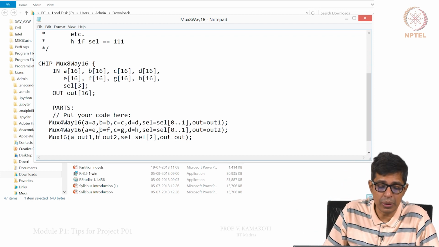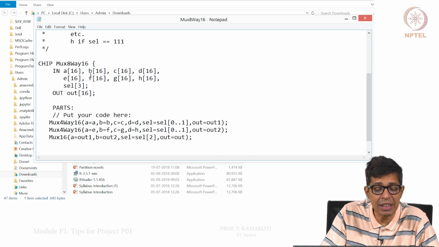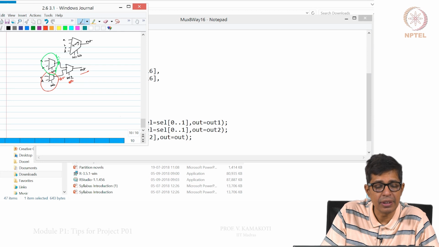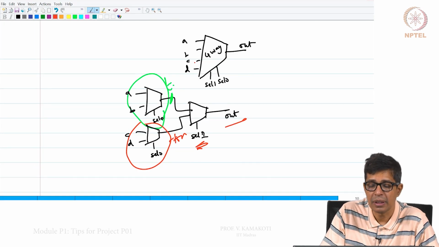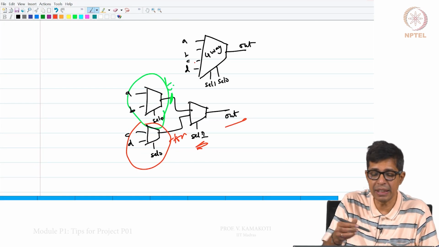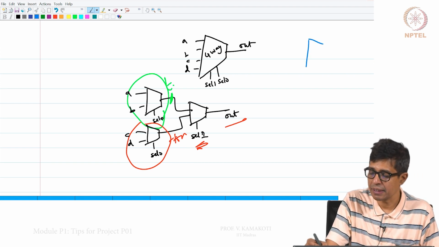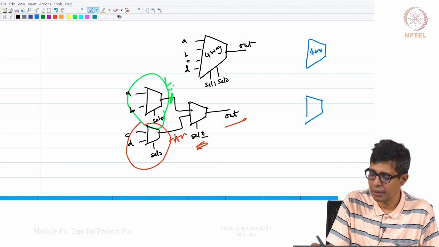How do we construct an 8-way mux from a 4-way mux? Let us say this is a 4-way mux. How do you construct an 8-way? The 8-way can be constructed as one 4-way, another 4-way.